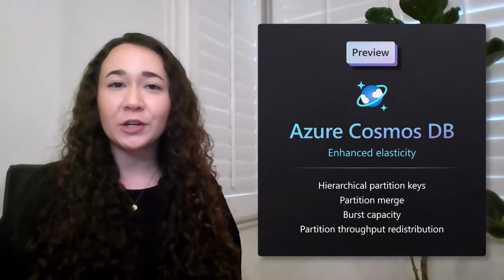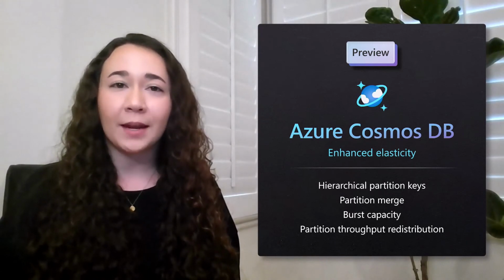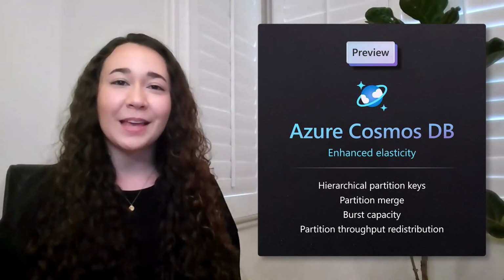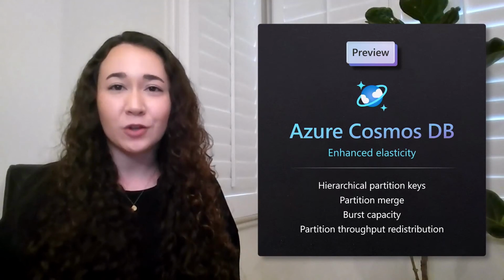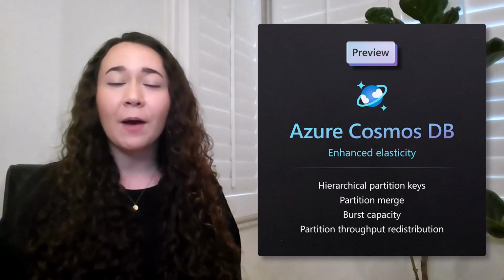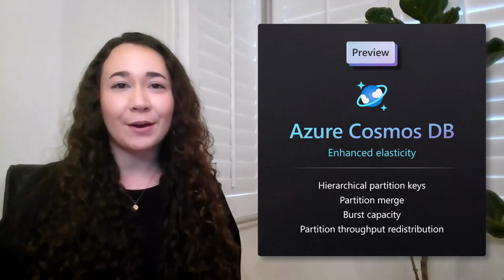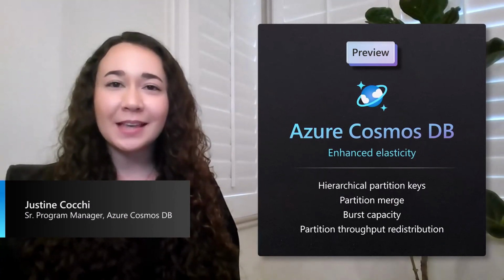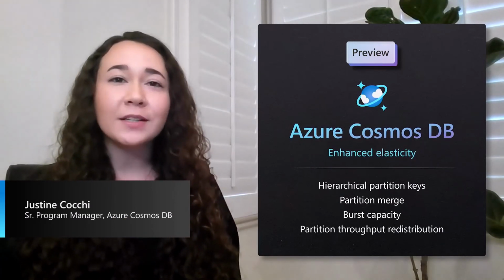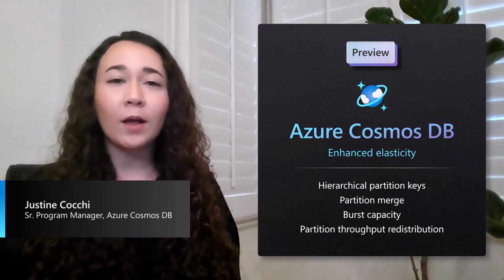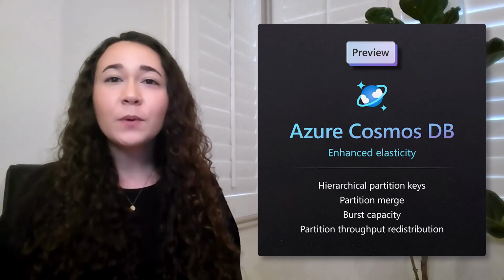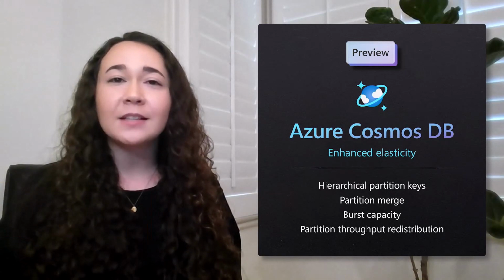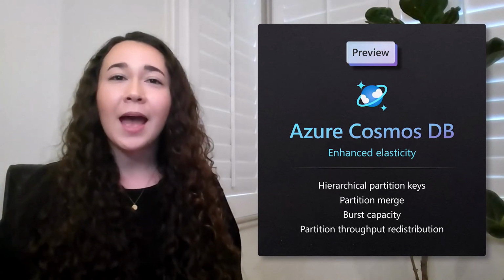These new preview features will work together to save you money while simultaneously making your workload more resilient to spikes in traffic. Let's show the power of these new features through a demo. Features will help Azure Cosmos DB seamlessly scale with your application and respond to spikes in your workload traffic while keeping your costs low. This will give you confidence that your database is just as flexible and scalable as modern